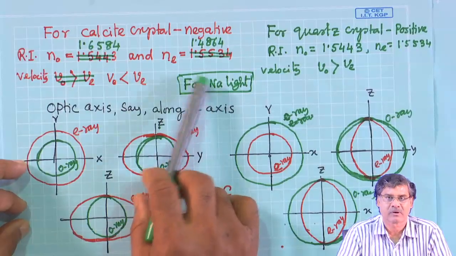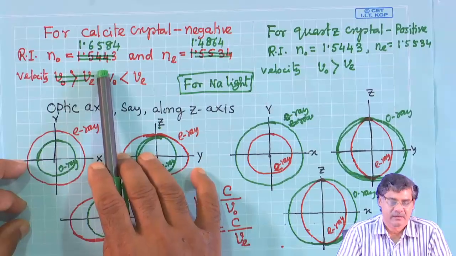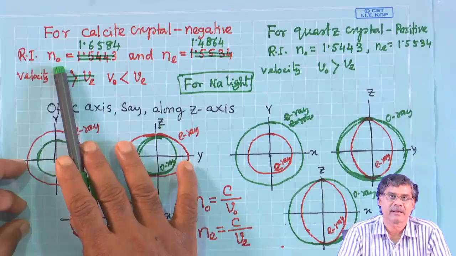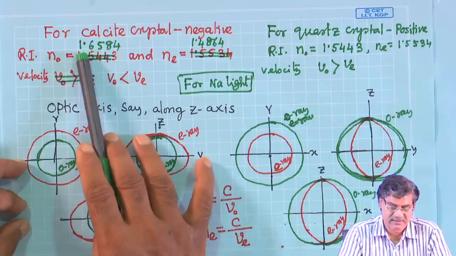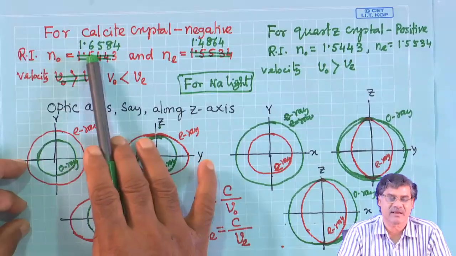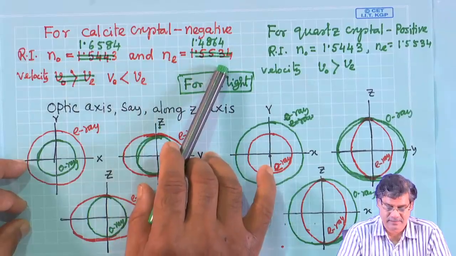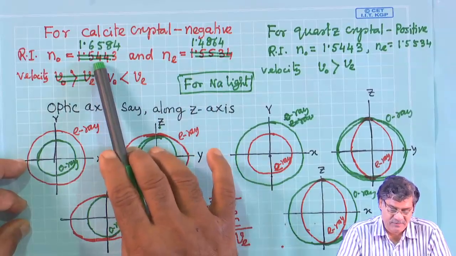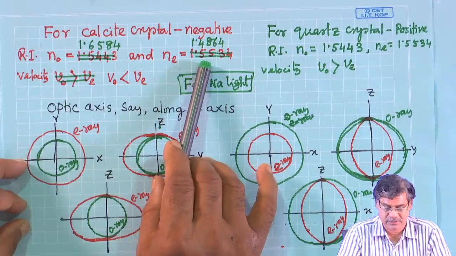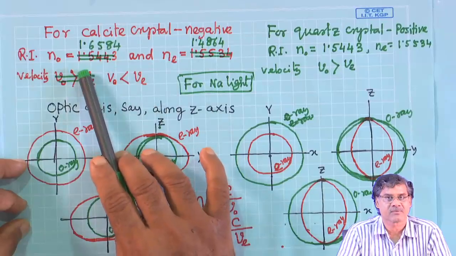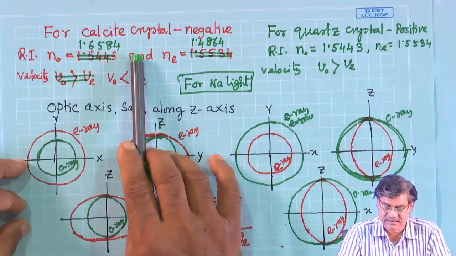So, for this wavelength, the refractive index for O ray and E ray in calcite crystal is 1.6584 and 1.4864 respectively, right. So, the refractive index for O ray is greater than the refractive index of E ray in the case of calcite crystal,